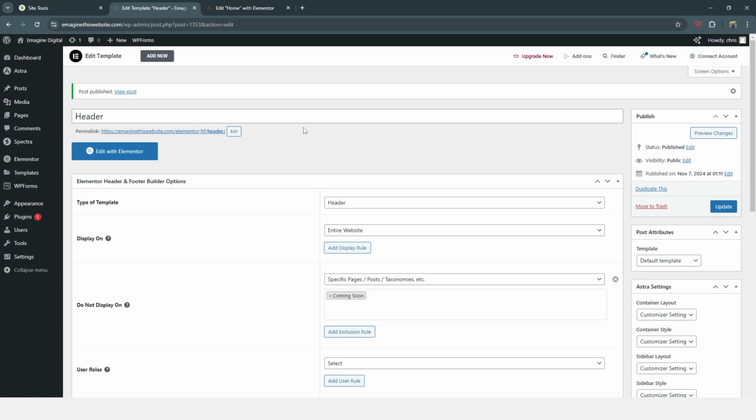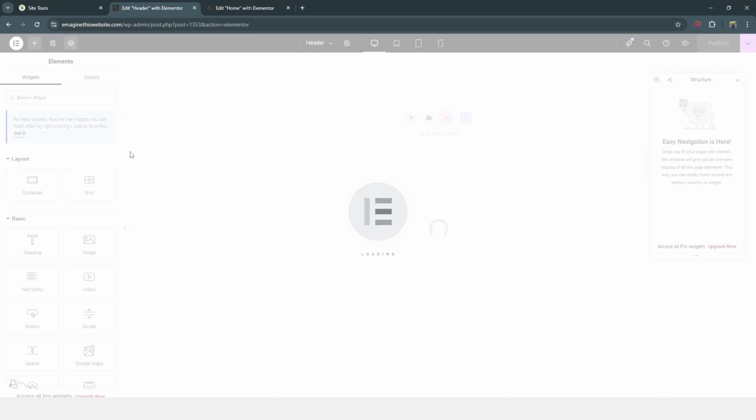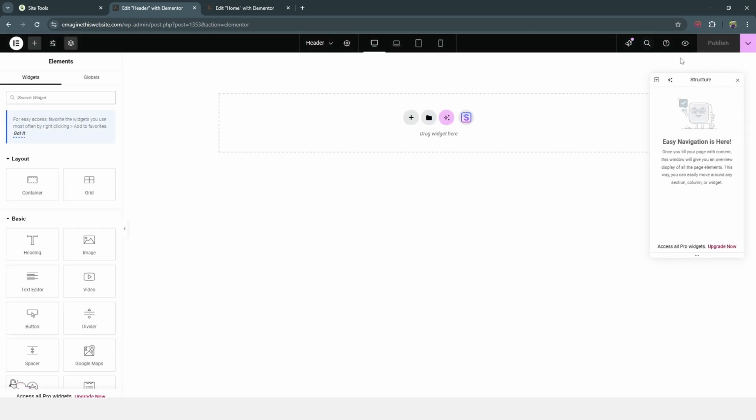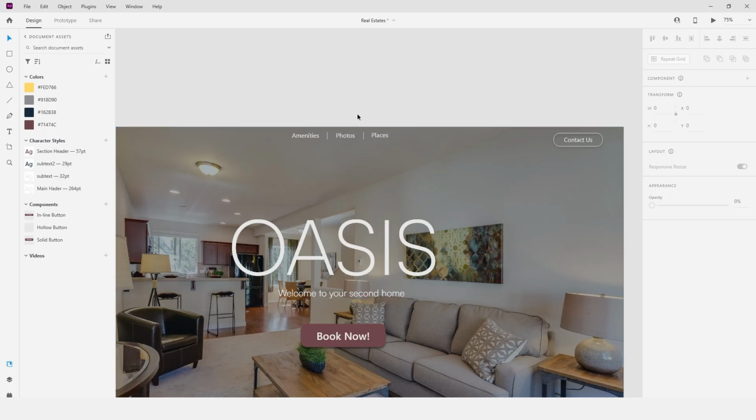Now we need to go in and style this. So let's click Edit with Elementor. And then from here, you're free to create your header how you see fit. Now, there are two ways you can do this. You can create the header from scratch, or you can create your header based on the menu that you set up. I'm going to do both ways because initially, and let me show you,